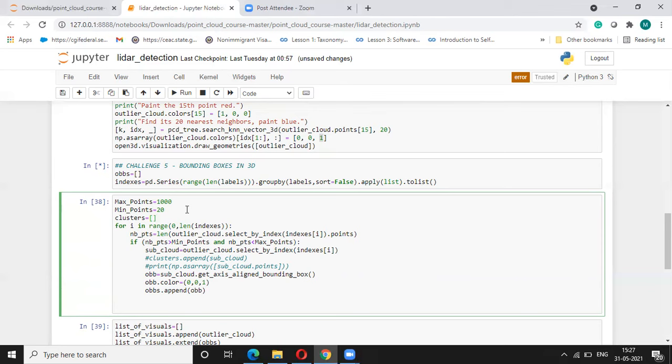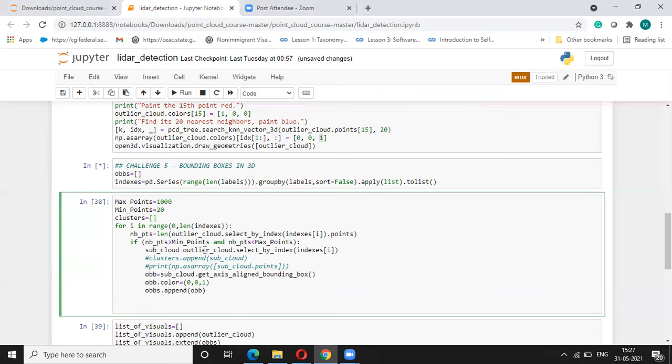It's operating over all the clusters, and for each cluster it's finding how many points are there and checking against this criteria.